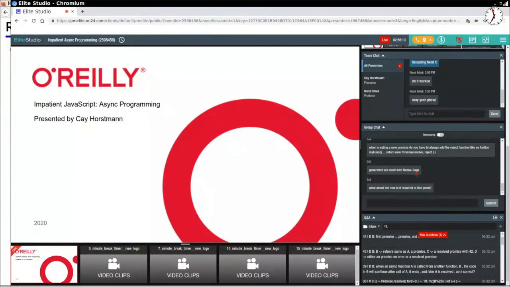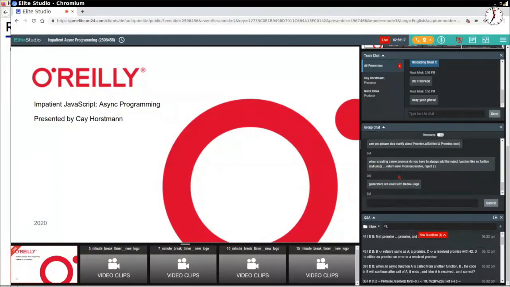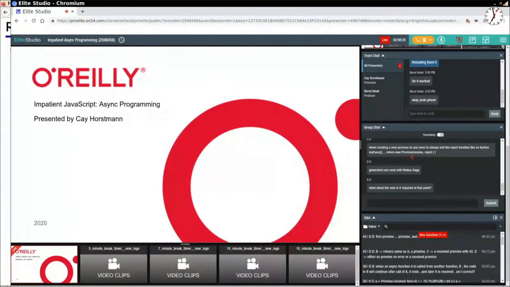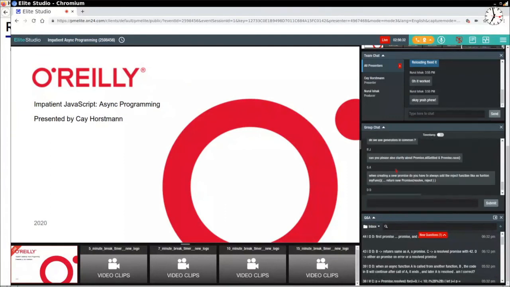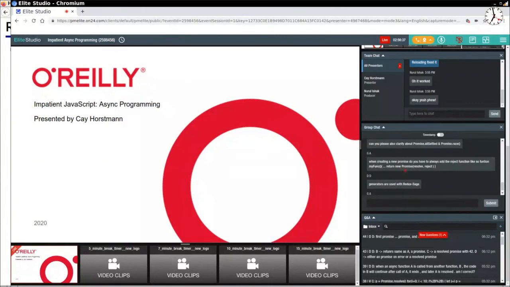Okay, now it says, okay, generators are used with, yeah, I'm sure generators are used somewhere, right? What about the new? Okay, oh, I see, we have a new here. When creating new Promise, again, I would like to reiterate that you are super unlikely to ever create a new promise. It's not common that you have an existing async API and you need to wrap that into promises. But if you do, then,